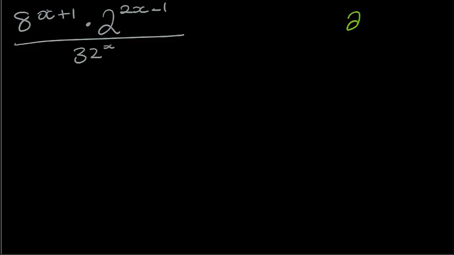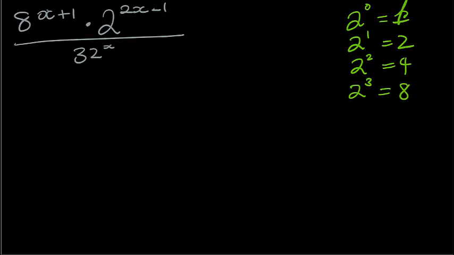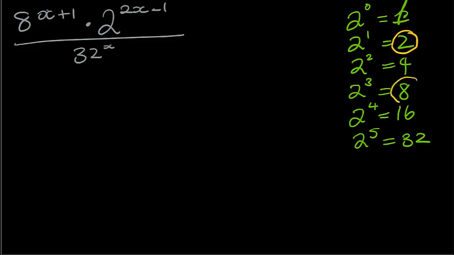2 to the power of 0 is equal to 1, 2 to the power of 1 is equal to 2, 2 to the power of 2 is equal to 4, 2 to the power of 3 is equal to 8, 2 to the power of 4 is equal to 16, 2 to the power of 5 is equal to 32. Now I have all the numbers that I have: 2 to the power of 1, 2 to the power of 3, and 2 to the power of 5. So what we are going to do is translate these numbers into numbers with a base